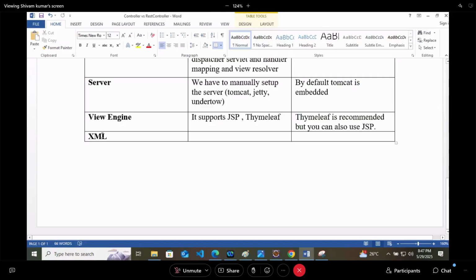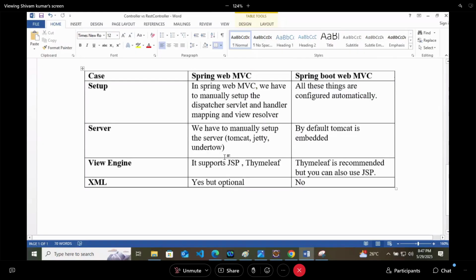But in Spring Boot, no. XML is not required. That is the particular difference between Spring and Spring Boot Web MVC.